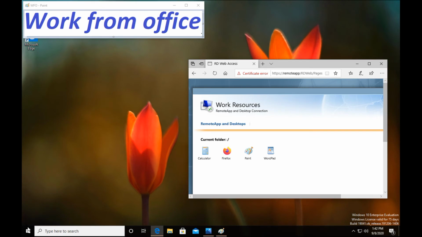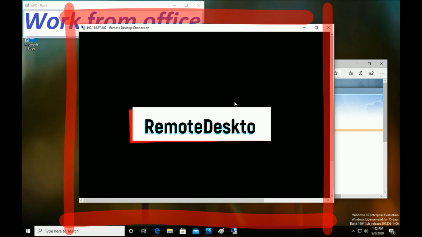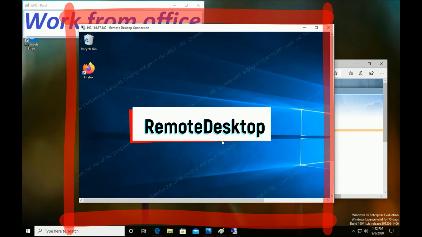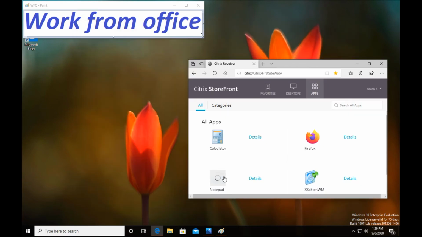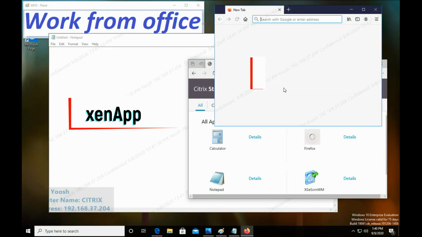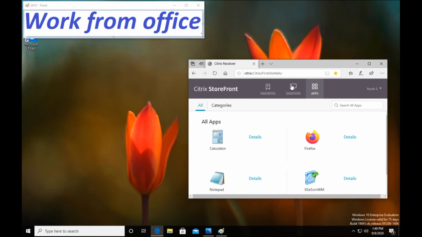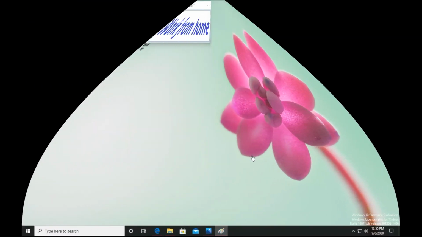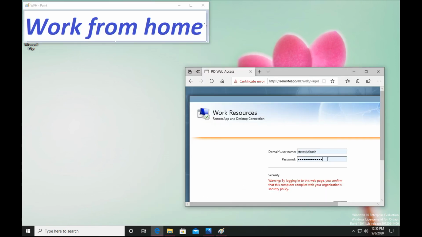Let's run remote desktop. You can see the watermark is displayed inside the remote desktop. Also, the watermark only shows up when running Citrix XenDesktop or XenApp. When you close XenDesktop or XenApp, the watermark closes as well. If you are working at home, it behaves as described in the first method.